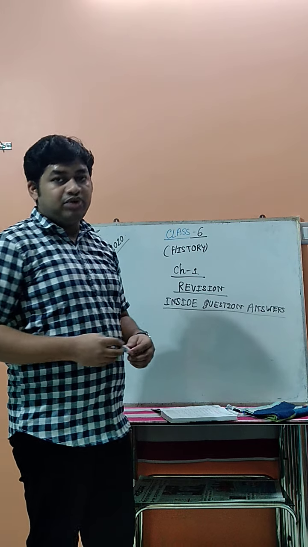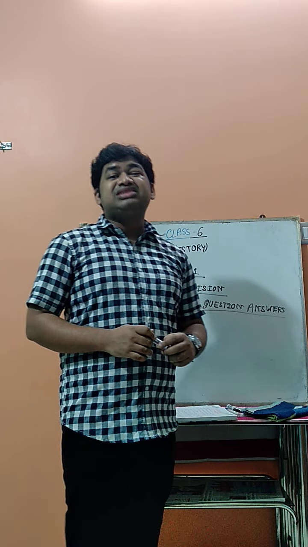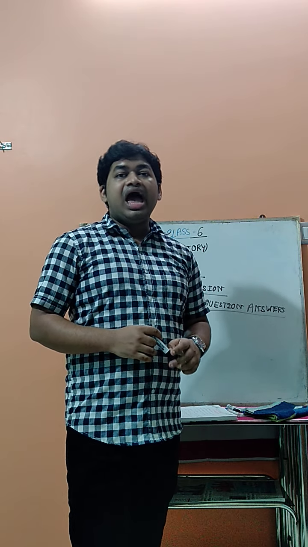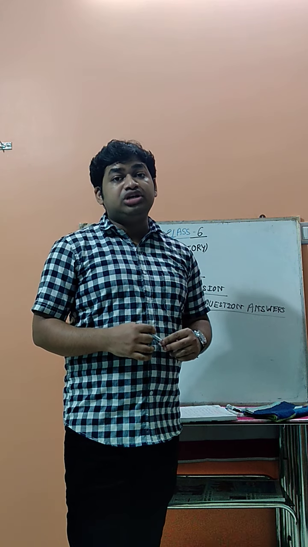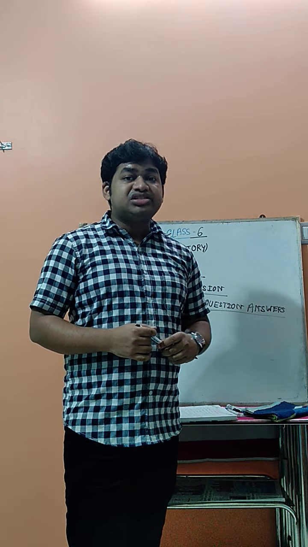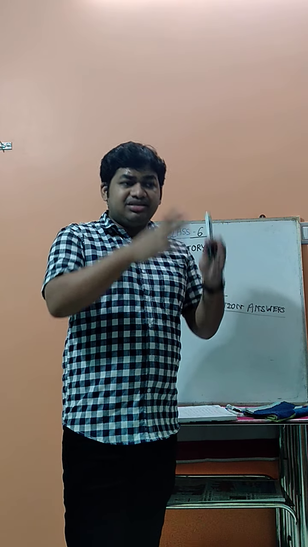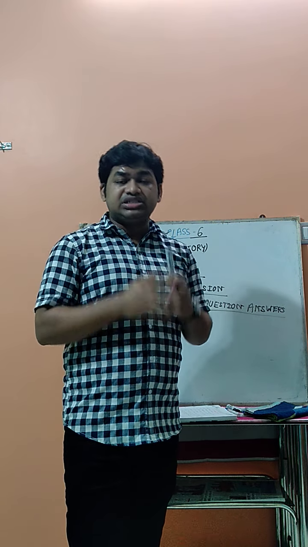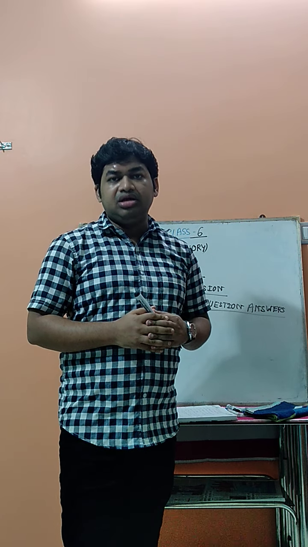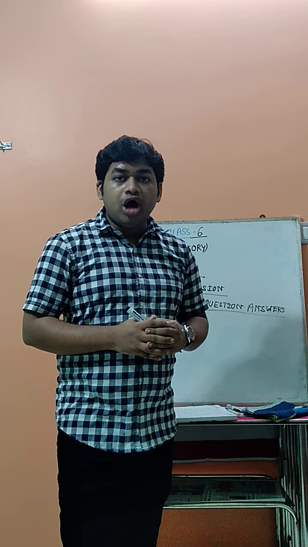And the Code of Hammurabi. Hammurabi was the sixth king in Babylon, and he made lots of rules and regulations for the first time in history. There are different rules and regulations for different purposes, and all these rules and regulations made by King Hammurabi are known by the name of the Code of Hammurabi.